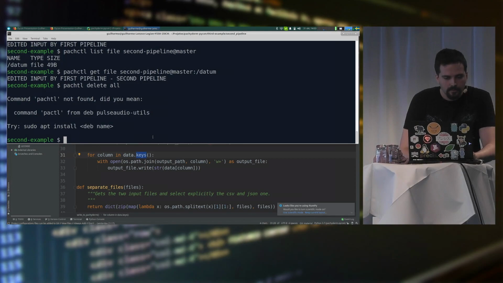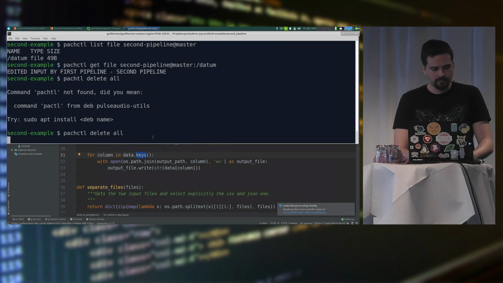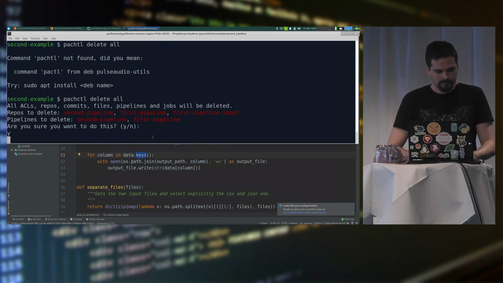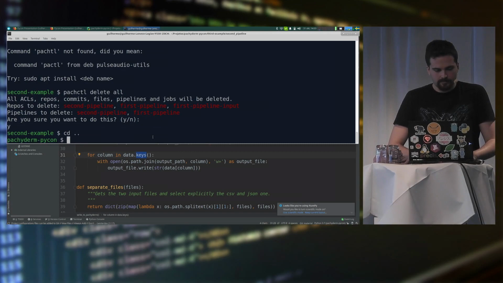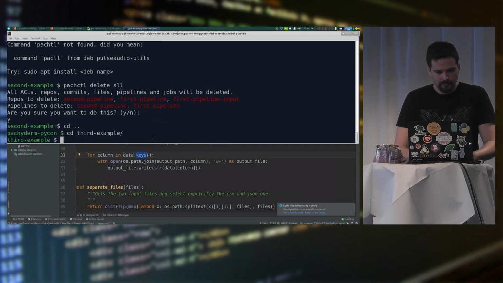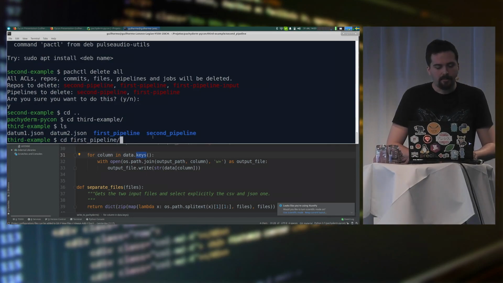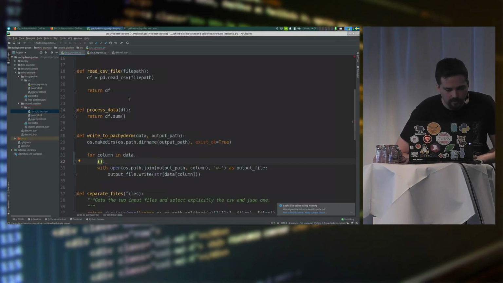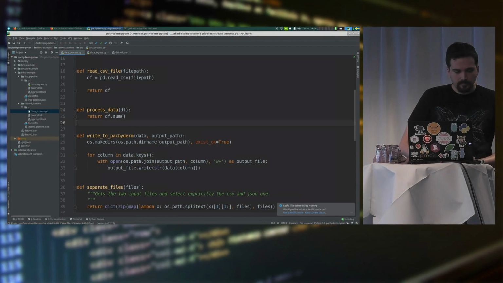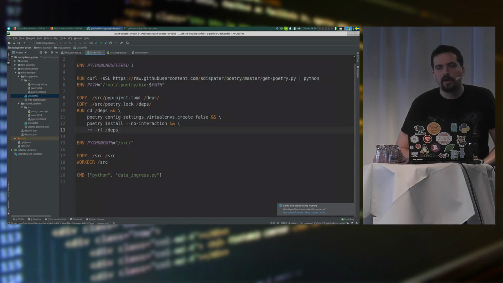Clean state again. Okay, so let's deploy. One detail: I changed something here. Those are now using actual Dockerfiles.